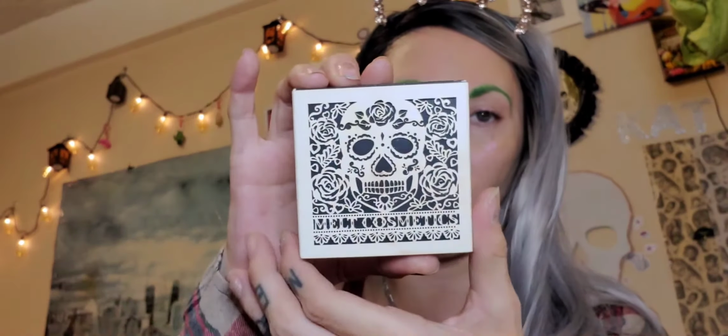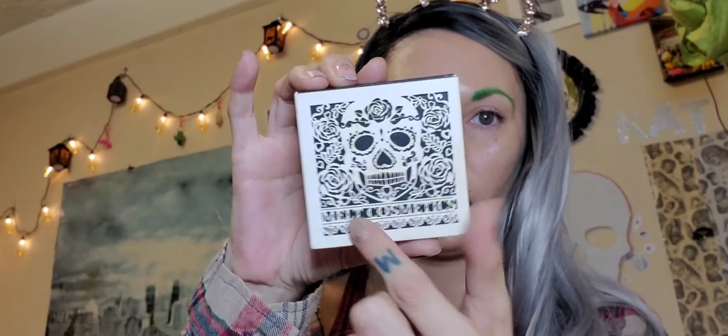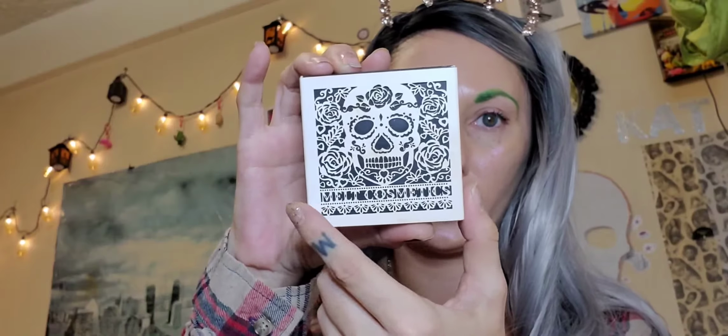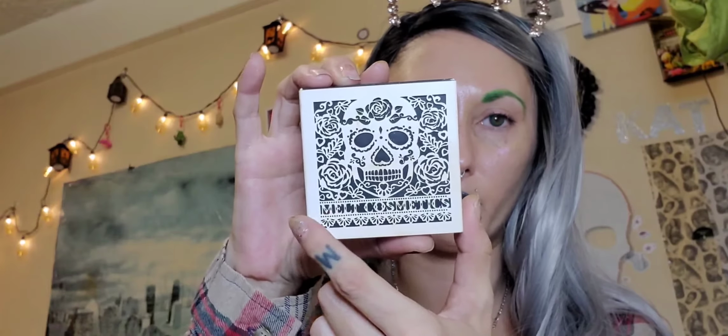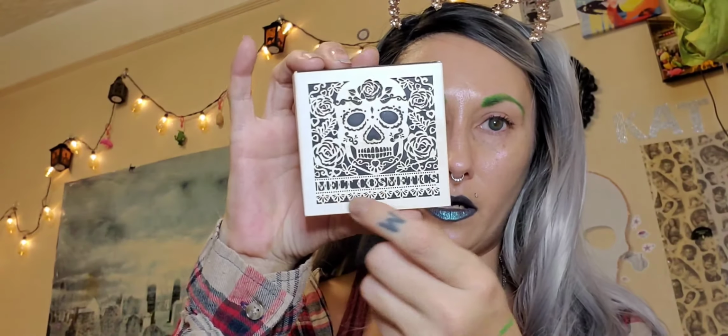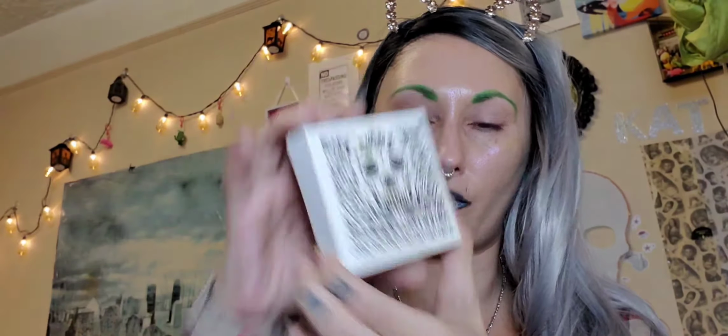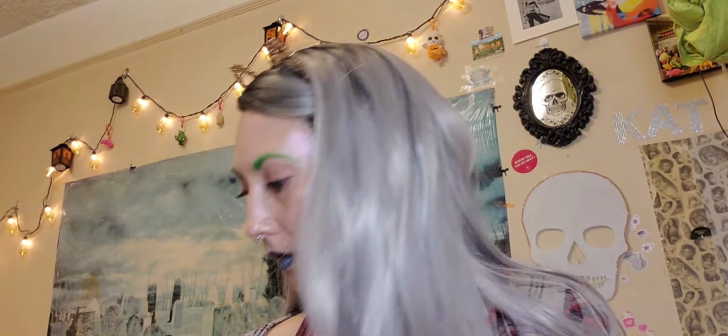The artwork on this is so beautiful. You have this skull and all of this embroidered. Then you have the name of the company. That's how Amor Eterno is written on the top of the palette. And you have this design with the gold, so that is so pretty. And this is the Iluminación digital dust highlighter, and that is